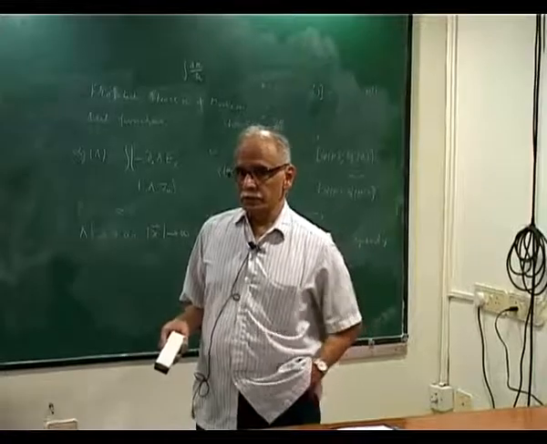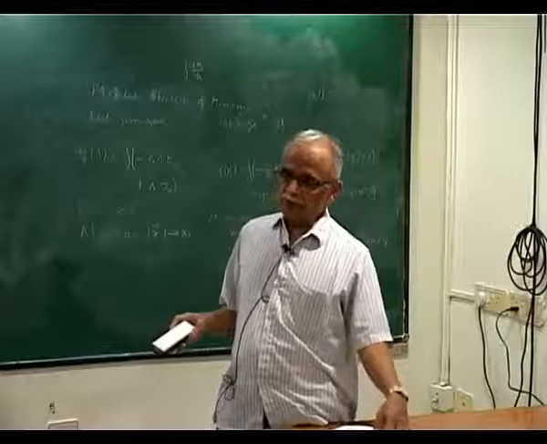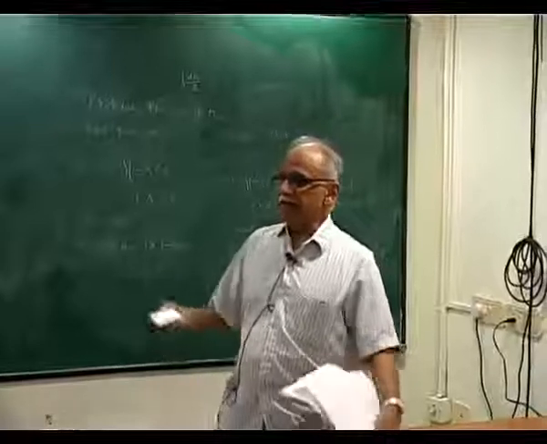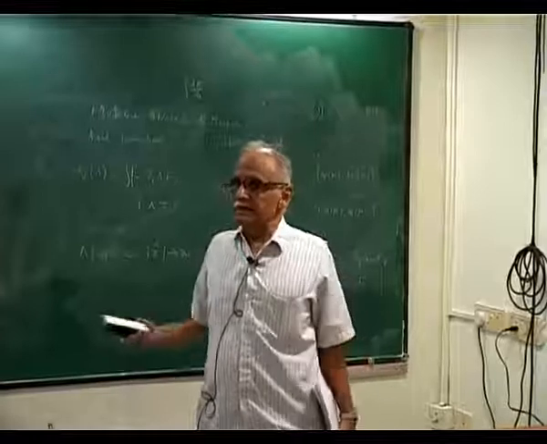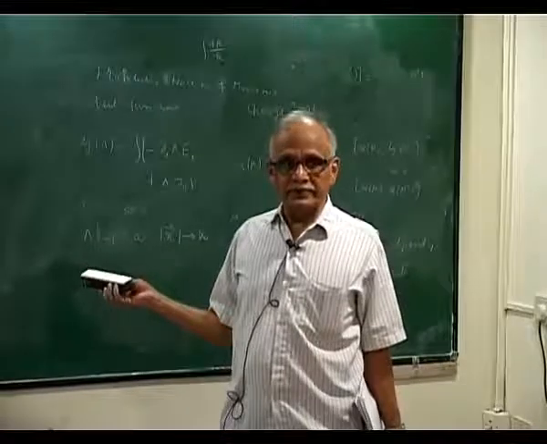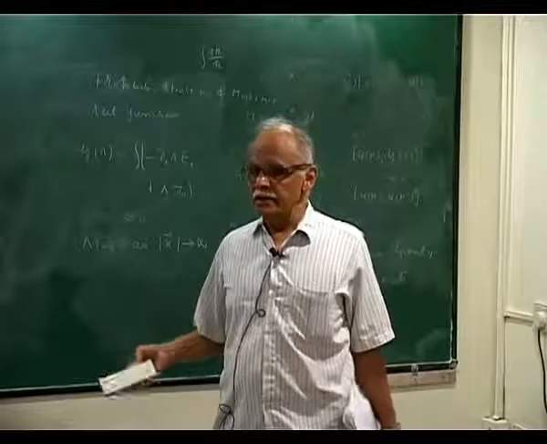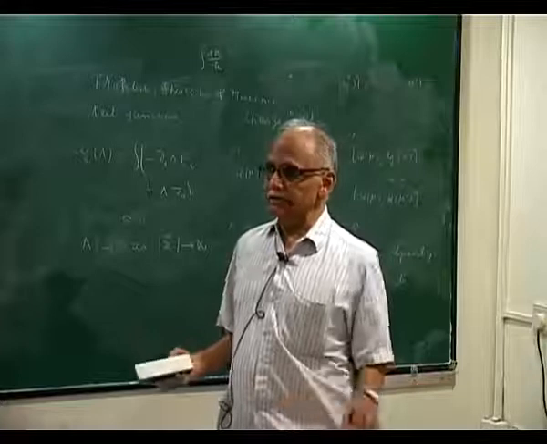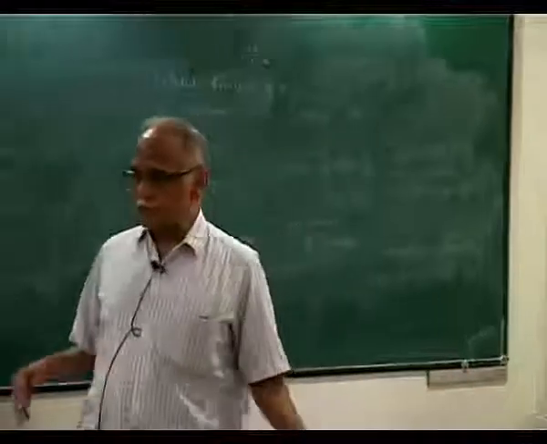I can delve more deeply, but what I wanted to do next time was something which is again relevant, namely this extra dimension. You may know that in the Wess-Zumino-Witten models you get extra dimensions, right? Where does it come from? What on earth is that? So I will show how it comes about. It has a very simple physical origin, very simple mathematical origin, and I will show you how the calculations can be done there. So in fact you can even do canonical methods, provided you understand what it is. So we will do that, and then we will do something else.